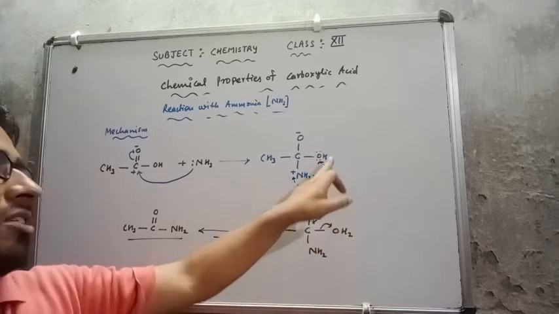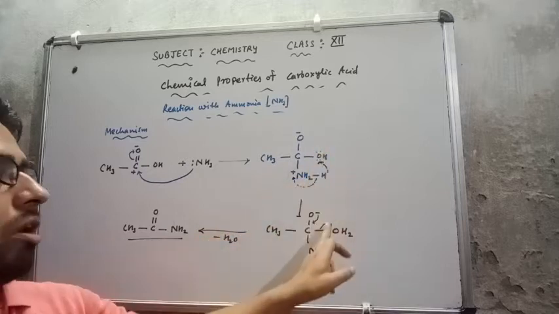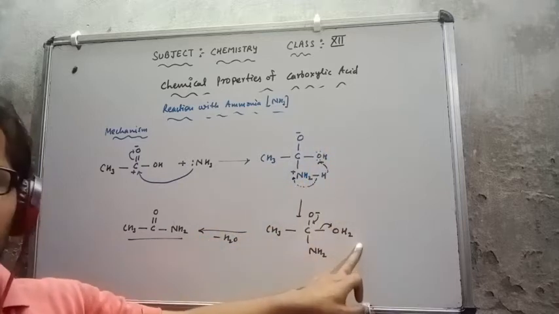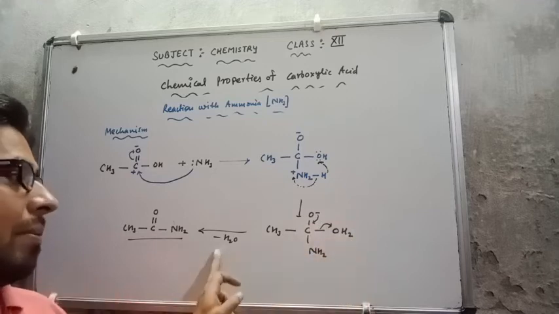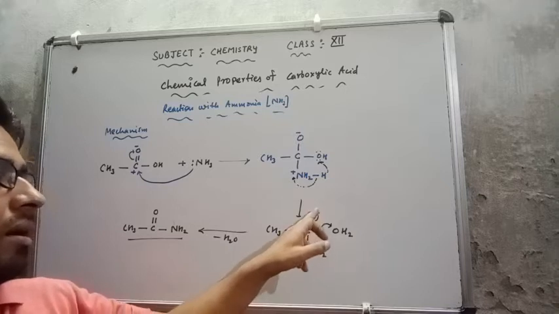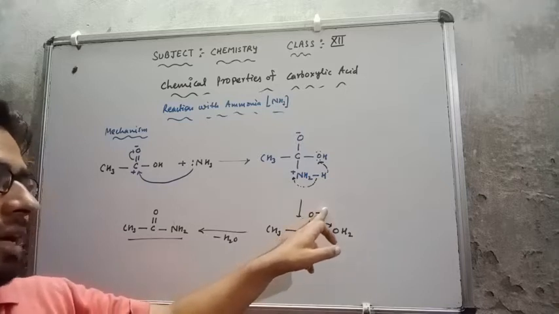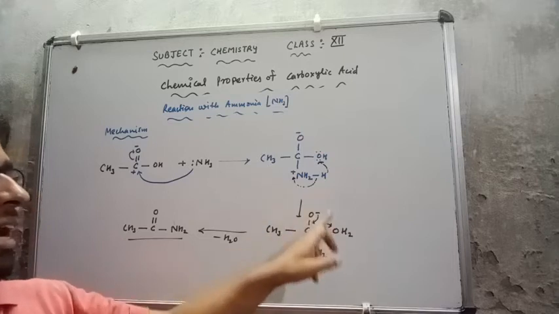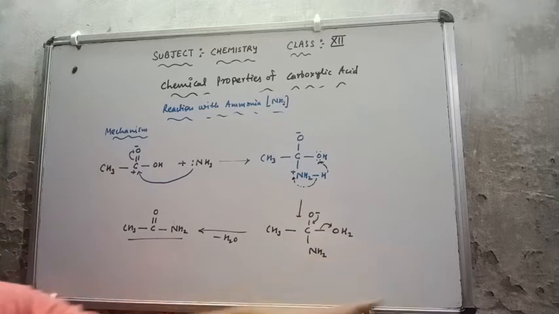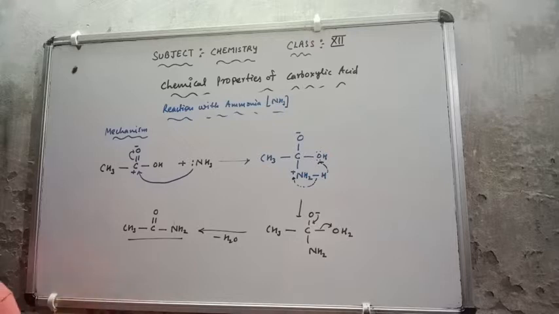Because as the H attaches with this OH, it makes it a better leaving group, so easily it will leave the compound. So this H2O will be eliminated, as the electron of the negative charge on oxygen transfers back towards this. So this bond gives the electron to this oxygen, the water molecule is eliminated, and we get the major product. So this is the mechanism. I hope you have understood. After this mechanism, I will discuss a very important reaction that you will see in the next chapter.